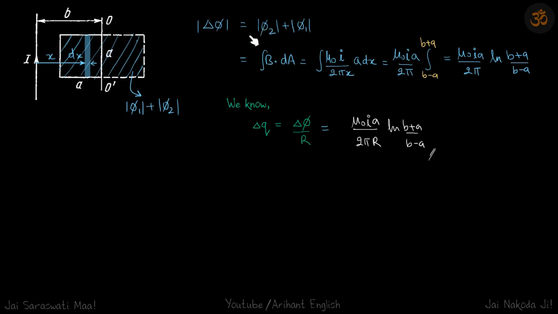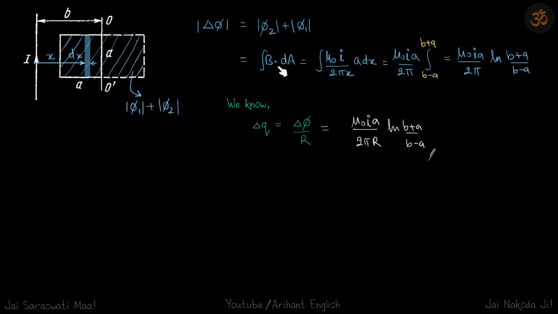Why are we doing this mod and all this? So that in one integration we can find the total flux. So the total flux through one imaginary big loop will be phi 1 plus phi 2. So again, the actual flux through this loop was negative, but we are only concerned with the difference. So negative minus negative will be negative. So both will be negative, or we can say that the total flux through both the areas is the total change in flux.